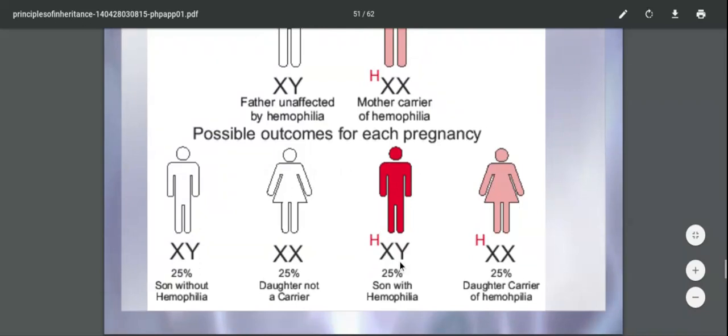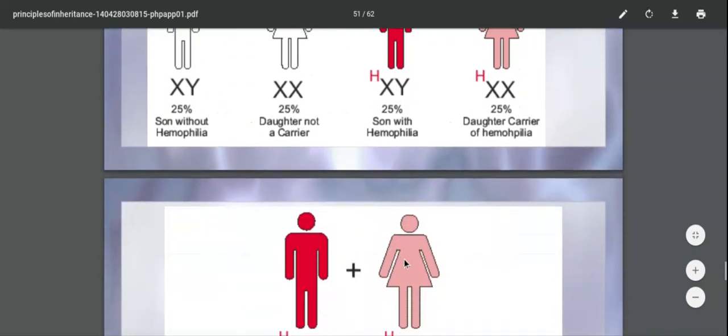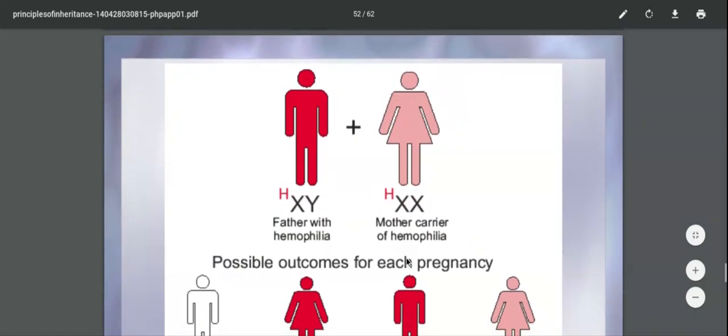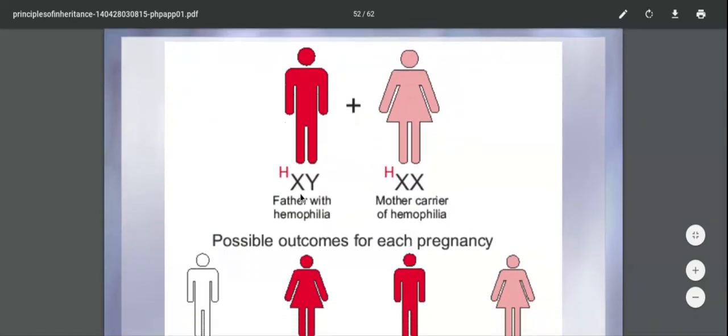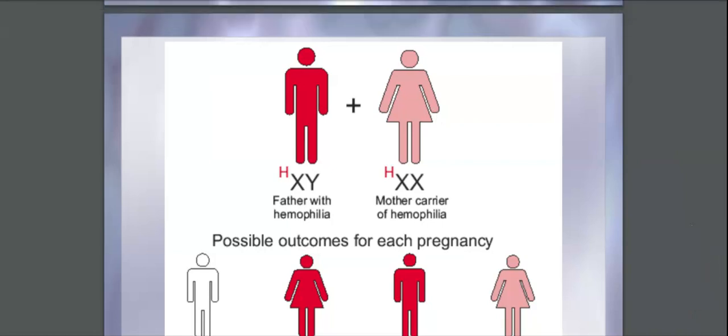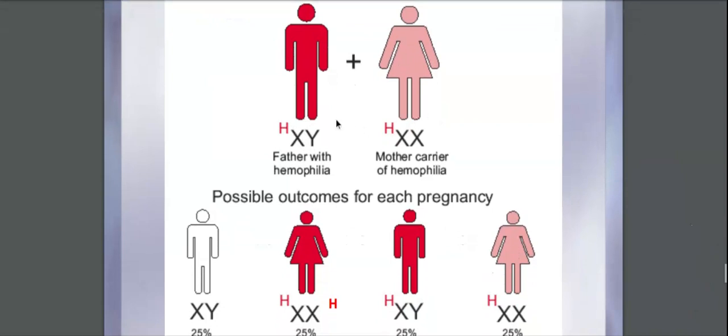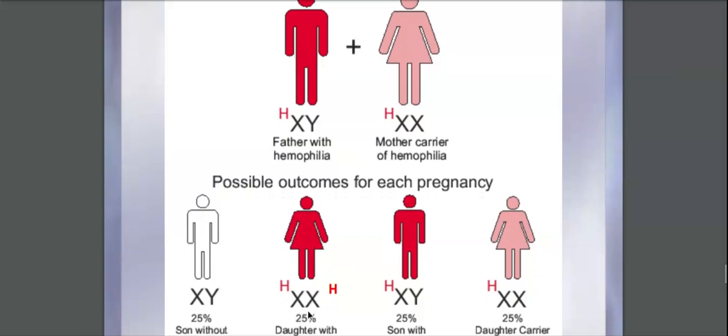cannot survive for long. Now let's look at the third situation, where I said that if a female has to develop hemophilia, she has to have a hemophilic father and a carrier mother. And as I told you, this combination is not possible because fathers will not live to the age of reproduction. Males will not live to become fathers, they die young. So only if this scenario is present, then can you have a hemophilic daughter.